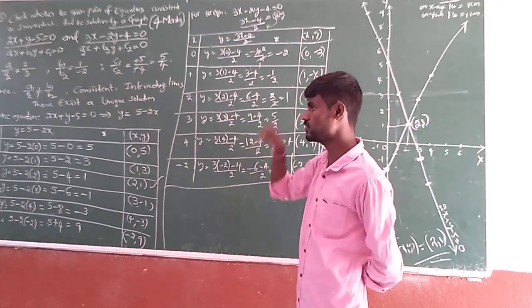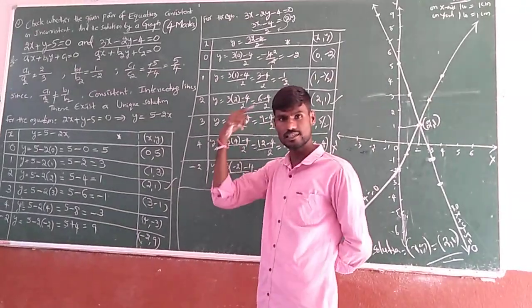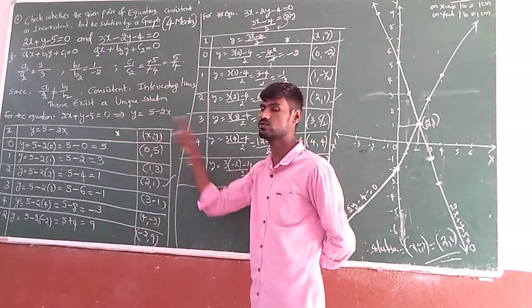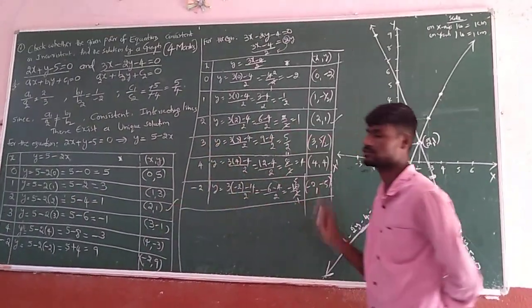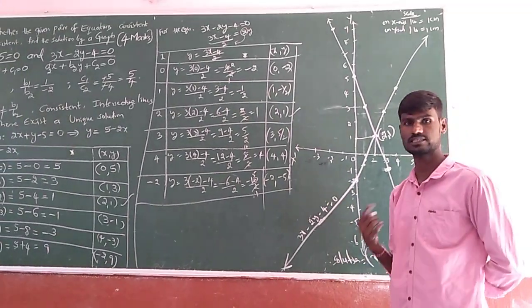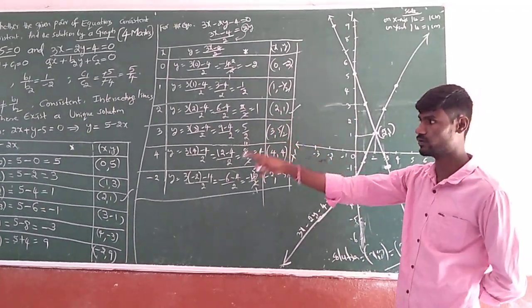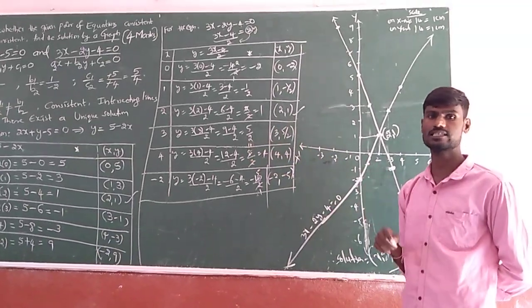Then that 2 comma 1, you may indirectly realize, you compulsorily have to take in both tables. Means 2 comma 1 is 2x. Here also you will get it automatically. Before drawing the table we can get the answer, then that answer should be included in the table. That is the logic to remember.